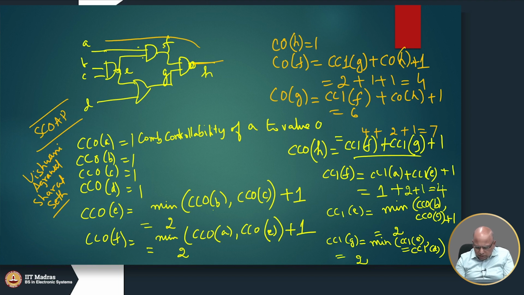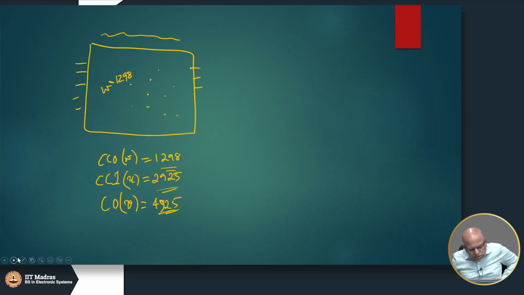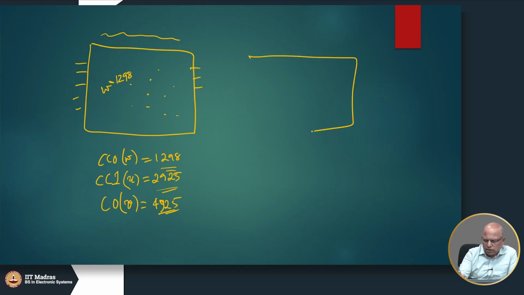And when you use this algorithm, if you notice that some lines are very difficult to control to 0, okay, let us say there is one line like this, let us say this is W, and it is very hard to control it to 0. The SCOAP number for the CC0 is very high. So, we can modify the circuit. If you are allowed to modify the circuit, what you could do is introduce an AND gate here,